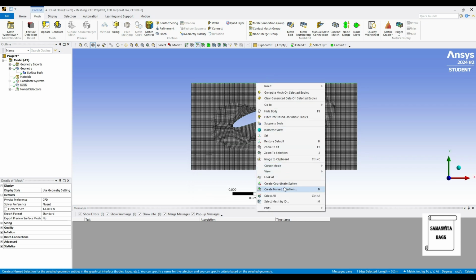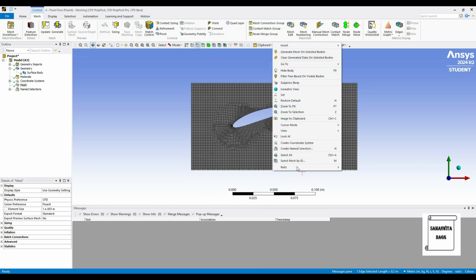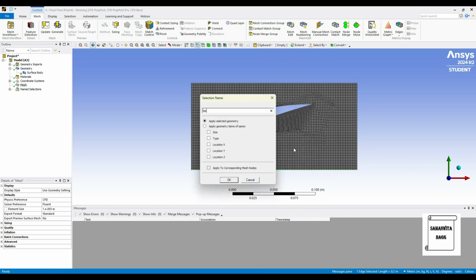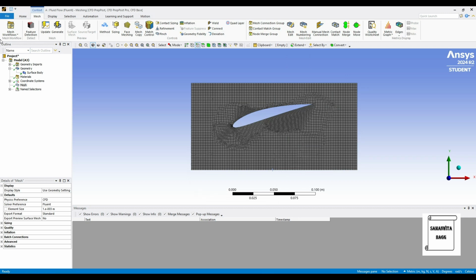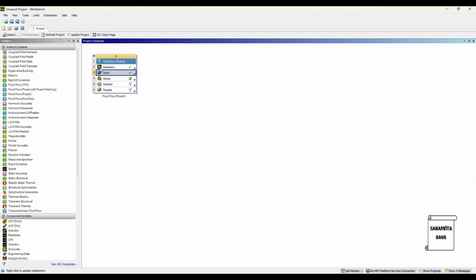This is the top surface. And this is the bottom. Then I'll go to mesh again and update. So you can see here the mesh translation to Fluent was successful. Now we can close this.